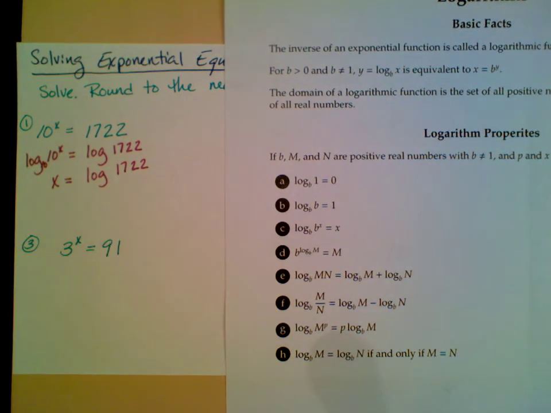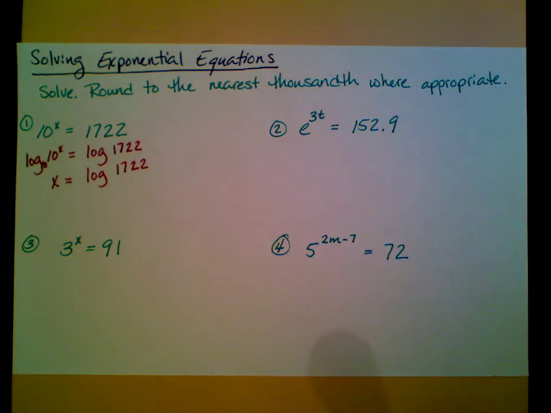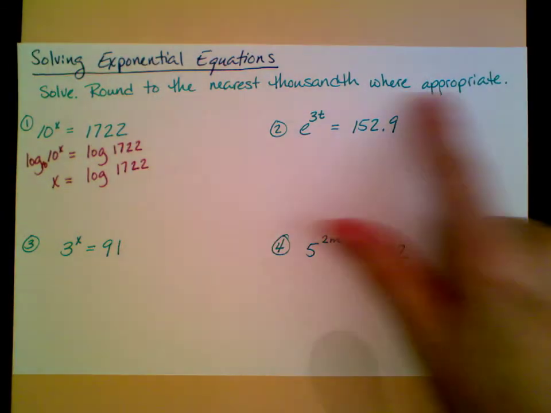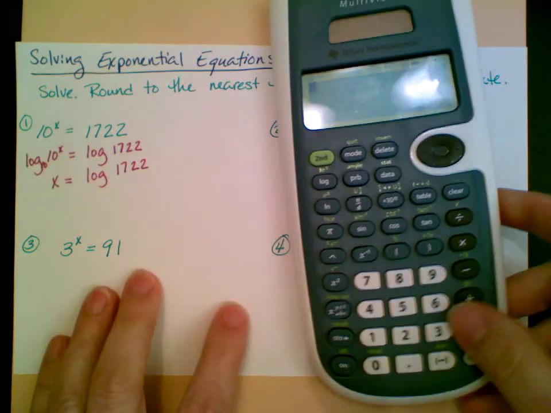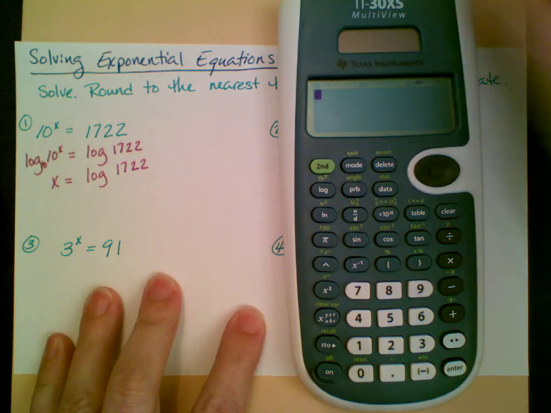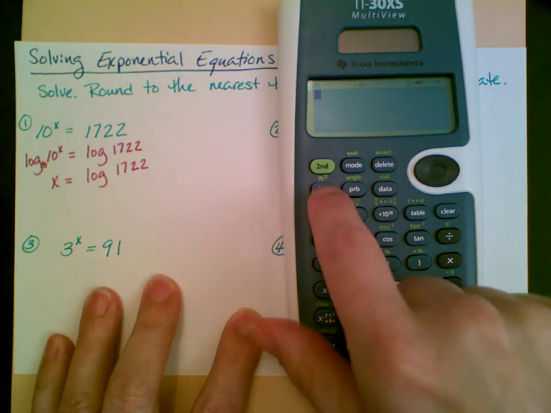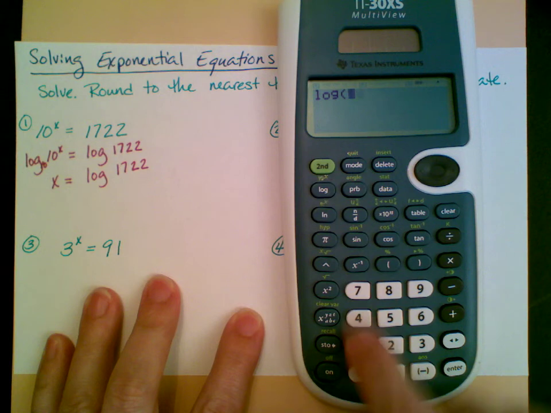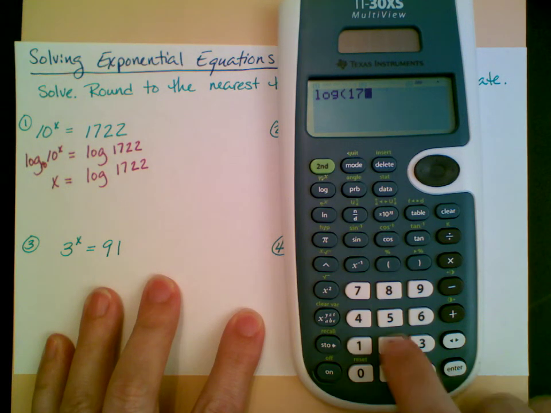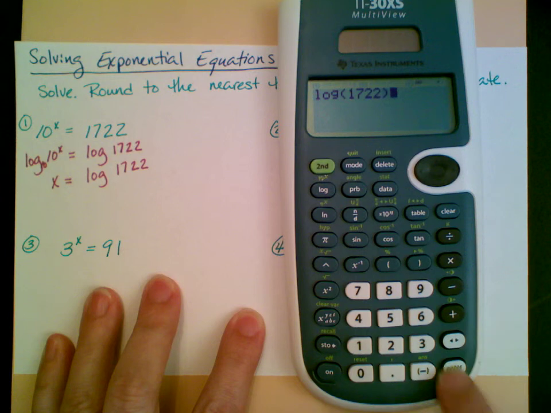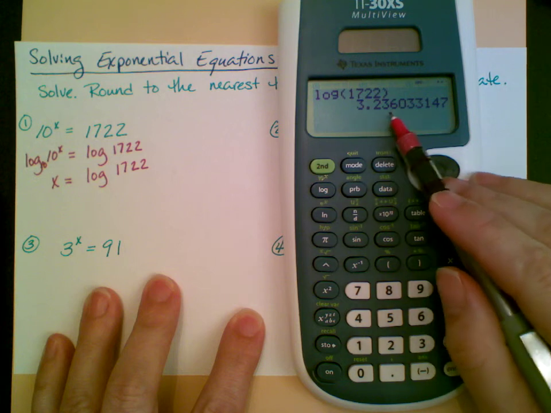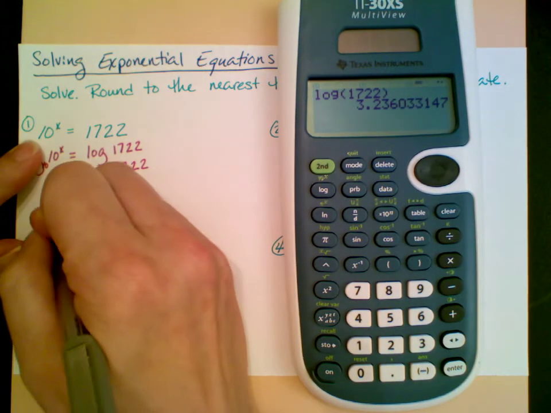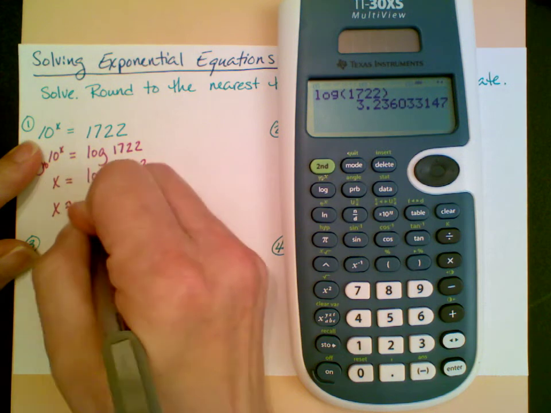I can get a decimal approximation. Oh, and notice my instructions did say to round to the nearest thousandth when necessary. So I can bring out my calculator, and I've got a log button on this calculator. Log of 1722. And that will give me approximately 3.236. So x is approximately equal to